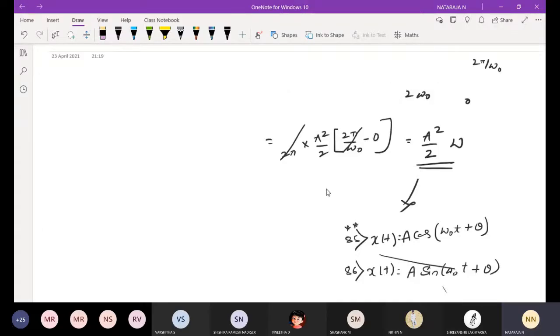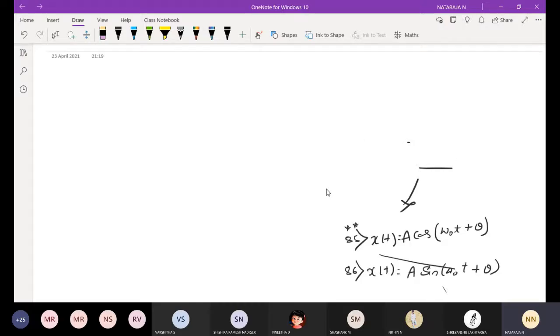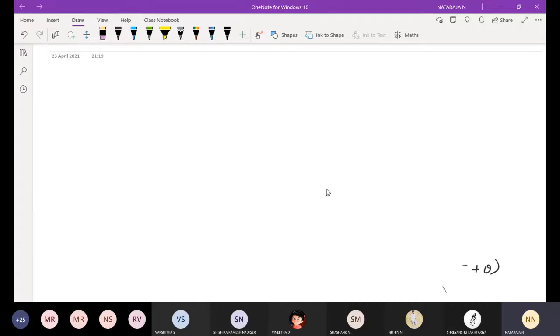See, these are the problems based on the mathematical representation. They are going to give an equation, based on that we are going to find the time period, and we are going to solve the integral problem and get the respective power in the signal. Now we'll discuss another type, that is graphical representation. They will give only the signal, and for that signal we need to find the power. I'll take the next problem.